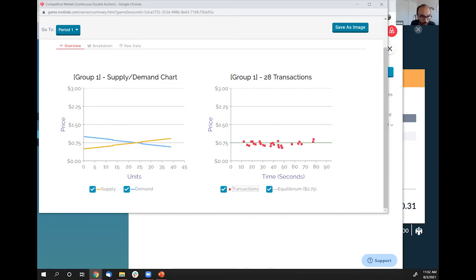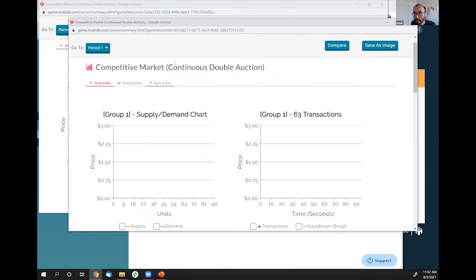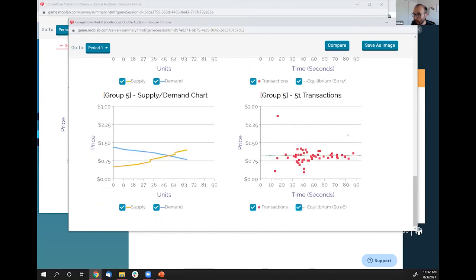I want to show you too one of my results from one of my games in the spring. I have a ton of these, but this is just my spring game. In this game, there's 40 students, I think. But I separate my whole class into a few groups, because if you do 300, 400 students in a group, the market just moves way too fast, and that might make some students get less out of it.